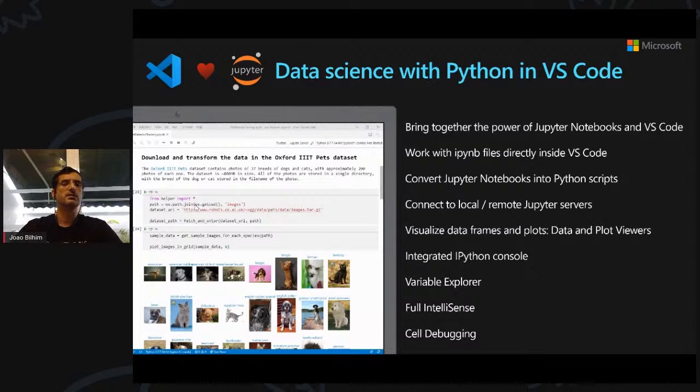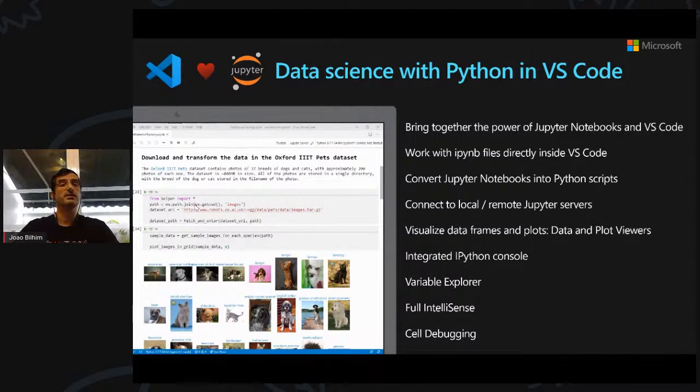Through this, you can edit the IPYNB notebook files directly inside Visual Studio Code. You can convert Jupyter Notebooks into Python files, for instance for production, if you want to productize the code that you've built in the Jupyter Notebook. You can connect both to locally running Jupyter Notebook servers, or you can connect to remote Jupyter Notebook servers.